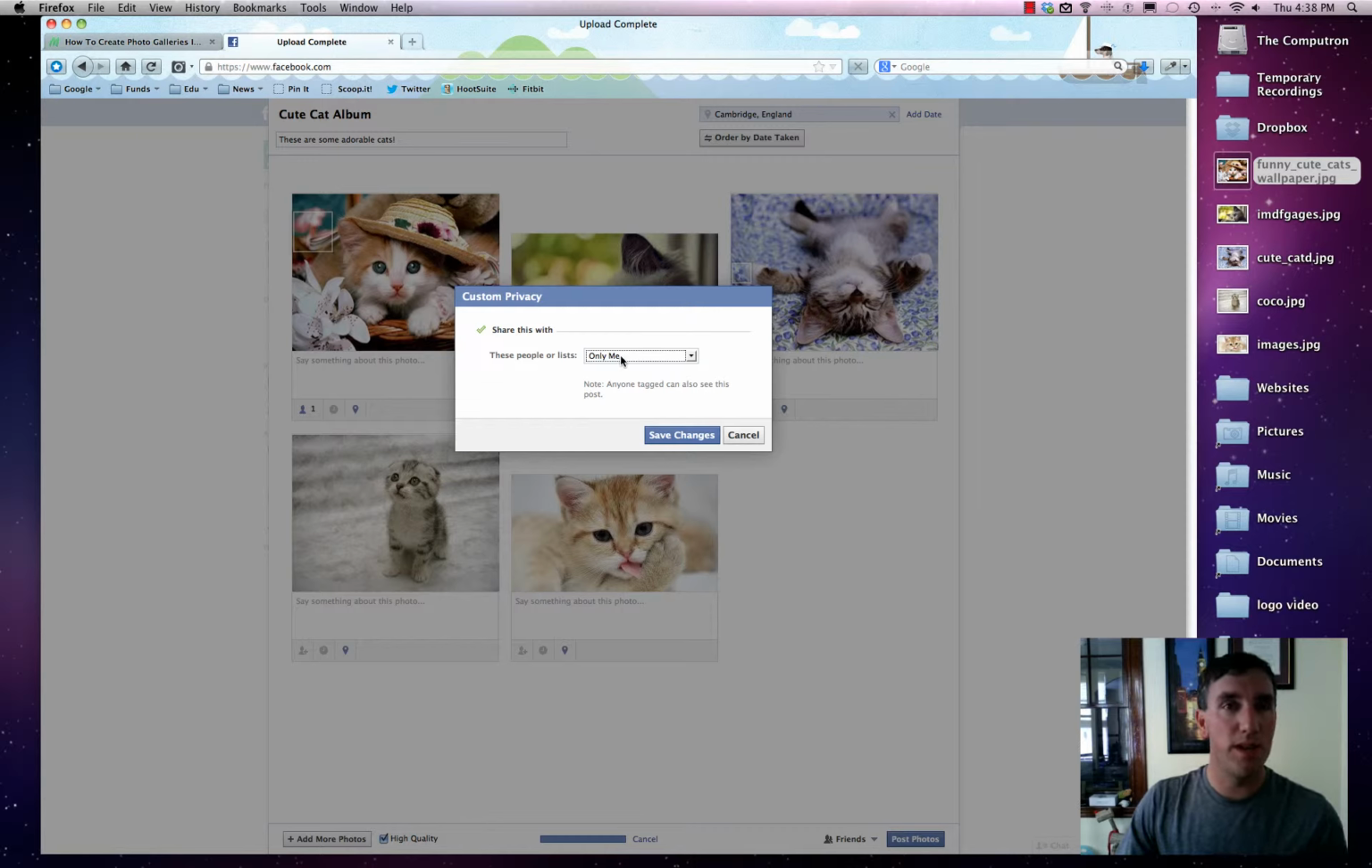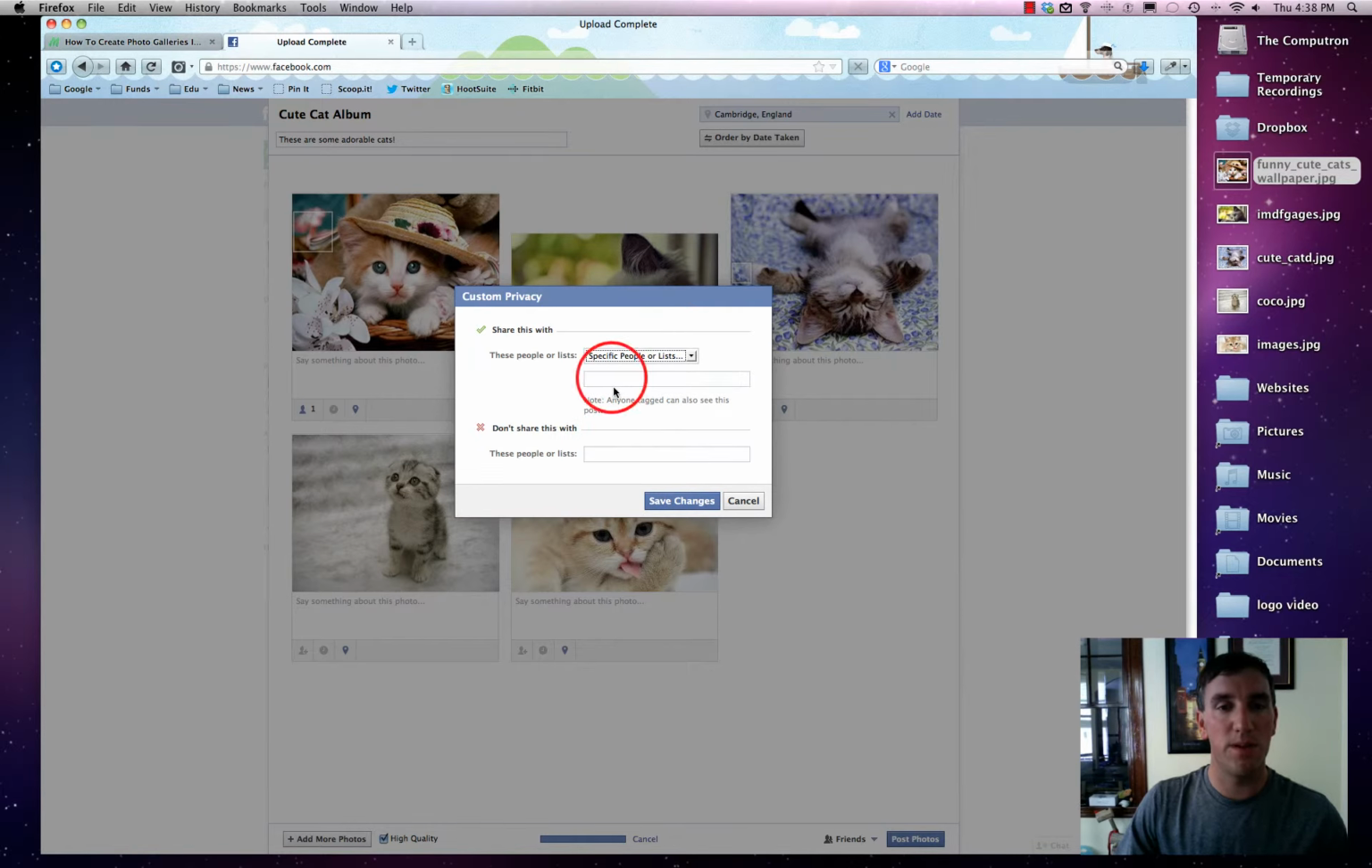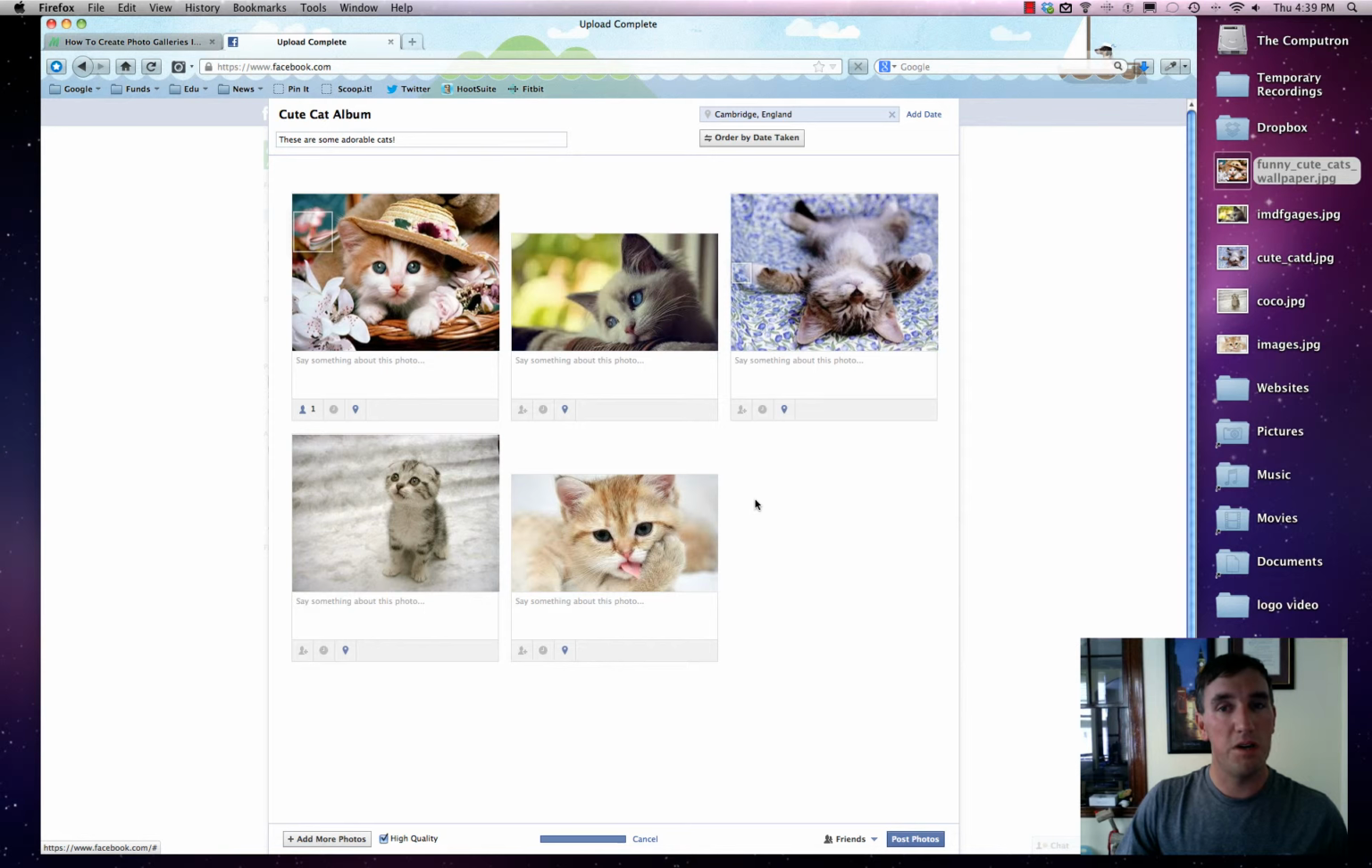So you can basically have a list, kind of like on Google Plus if you ever used that. So let's say you have a list ahead of time, you can choose specific people or lists, and you can just start typing the names, and you can even choose people not to share it with, which is pretty fun. So we'll just hit post photos,